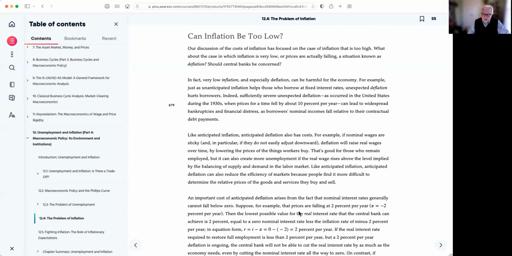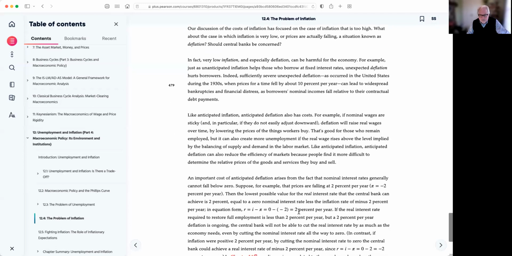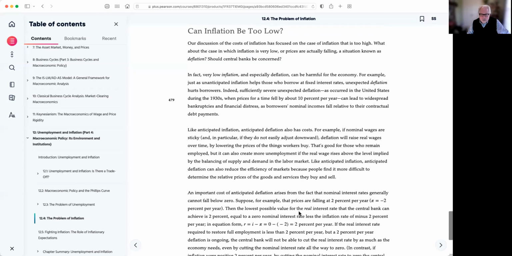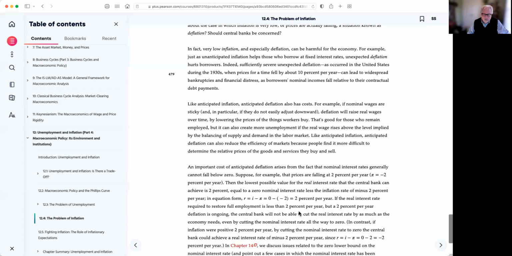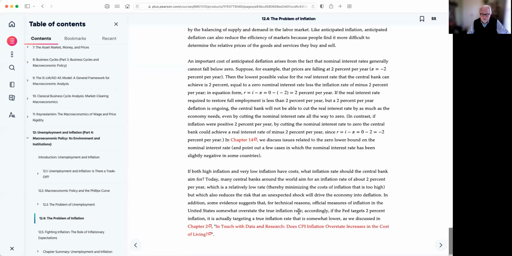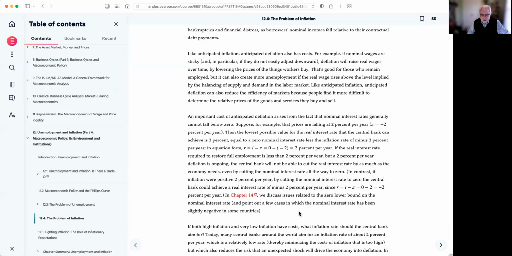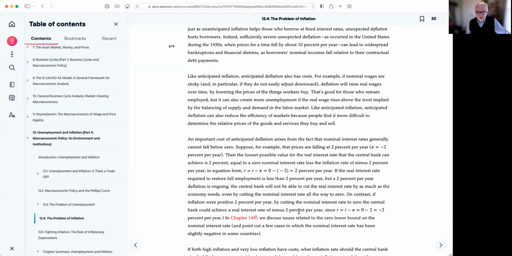So typically the target, and that's what this section is about, talking about disinflation, not deflation, but disinflation. Certainly deflation is an issue, but so is disinflation. Bringing inflation down is really the next section. But deflation, where prices are actually going down, inflation is negative, that is a problem for